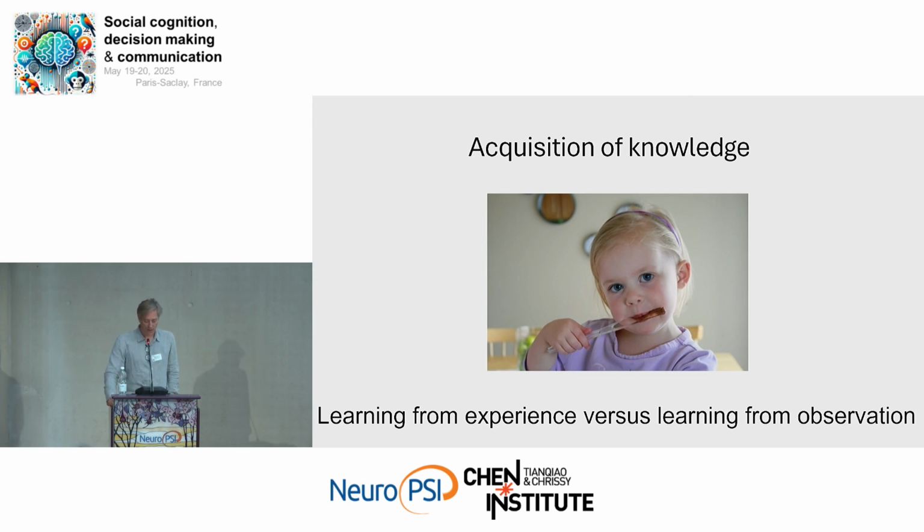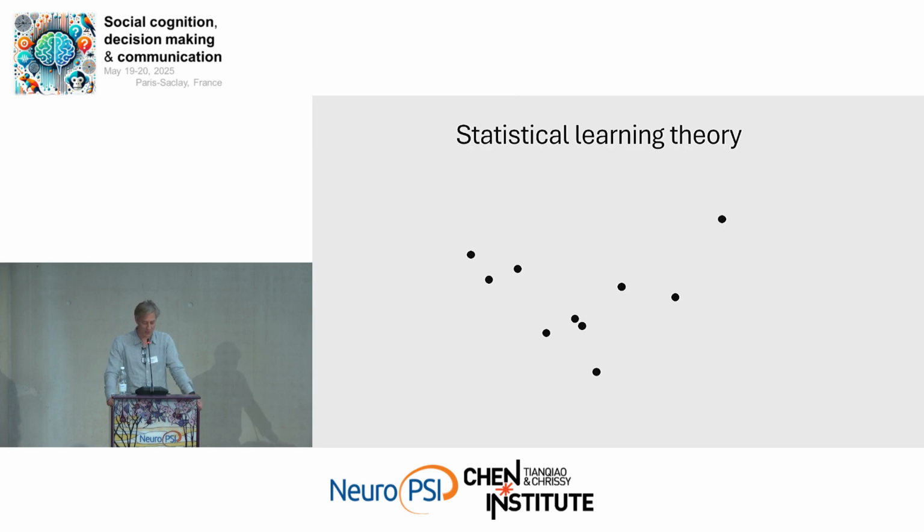Okay, so it's really about knowledge that we are interested in, not like yesterday in empathy or pro-social behavior, but some kind of artificial knowledge. And I think the computer scientists have understood very well how to study this because they have machine learning. So I'm going to give you first a little crash course in machine learning. Suppose you have these data points and you would like to fit a curve, right? You'd like to model these data points.